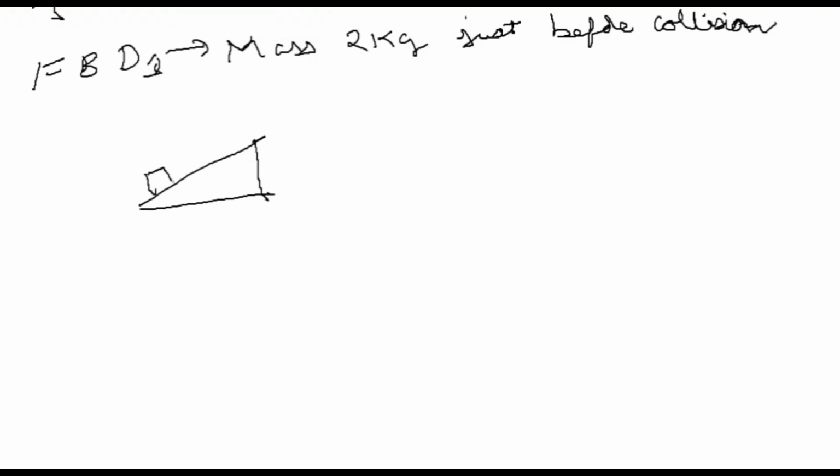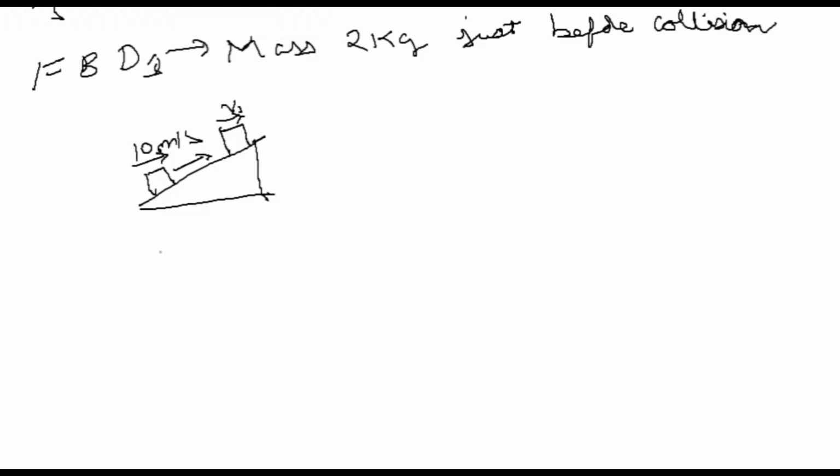Here we have the block of mass 2 kg, which is moving with a velocity of 10 meters per second, and just before collision it travels in this direction and reaches this position while colliding with the mass M. Let V1 be the velocity just before collision. Now we have to apply